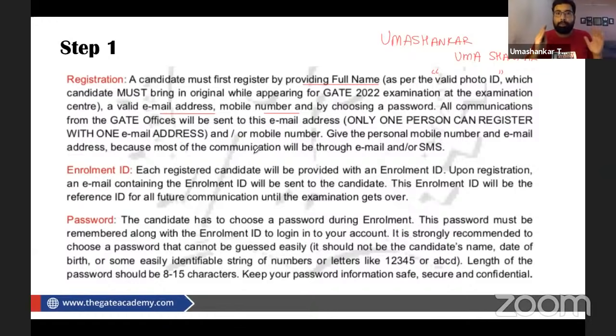It should be your main email ID and main mobile number. After your registration process is completed, you will be given a unique enrollment ID. So your enrollment ID will be unique. After your registration is completed, you will receive a mail with your enrollment ID, and for any further,